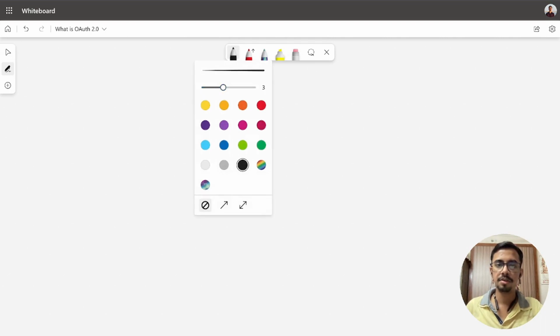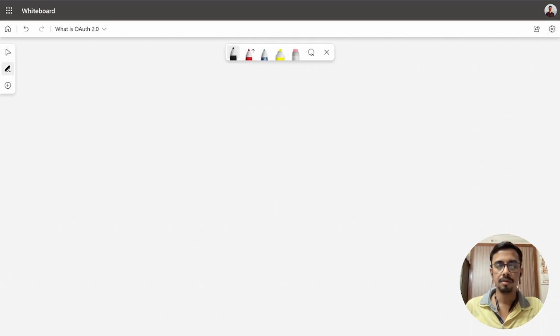So when we talk about OAuth, OAuth is basically composed of four components. In general, four major components. The first one is a client. The second one is the resource owner.